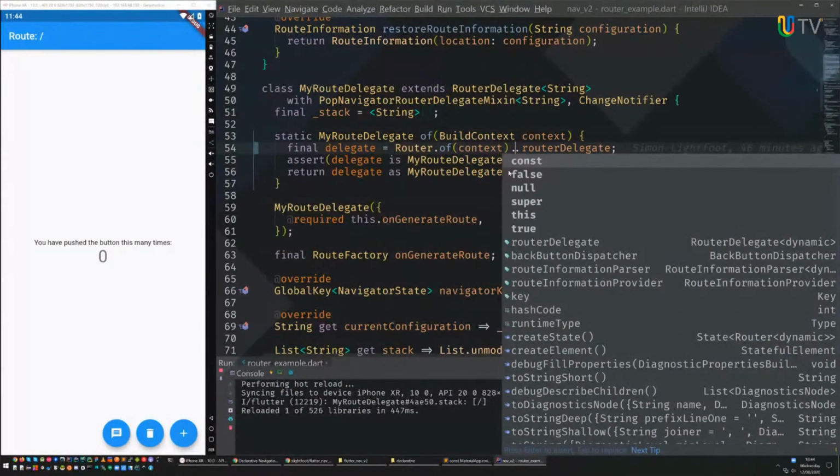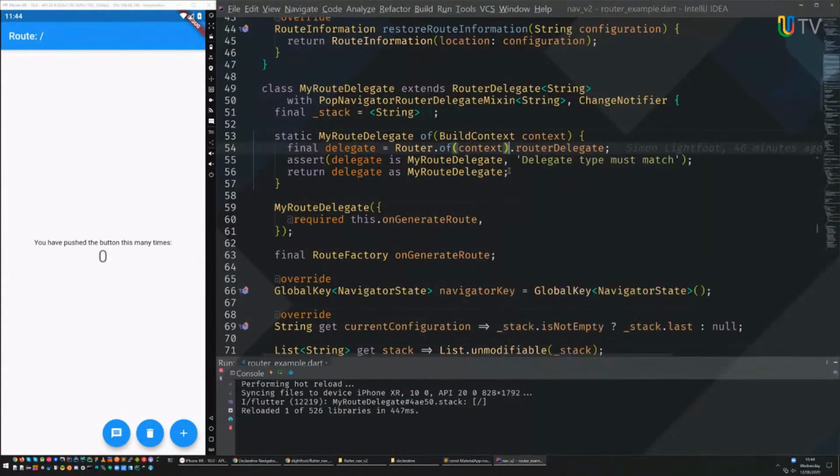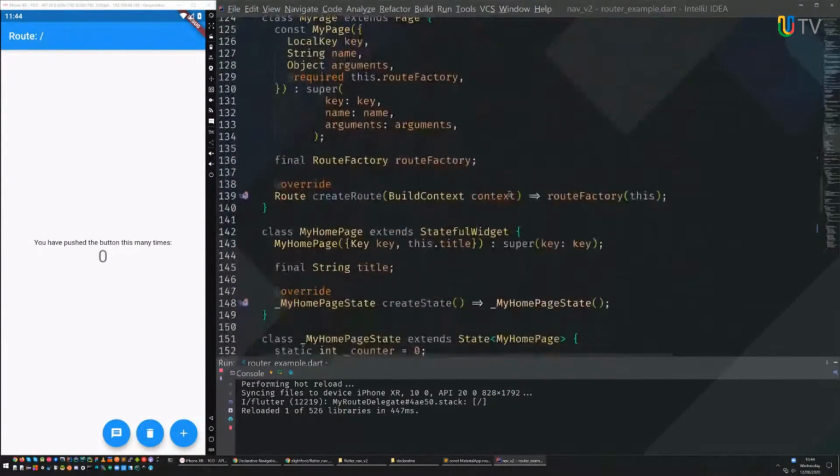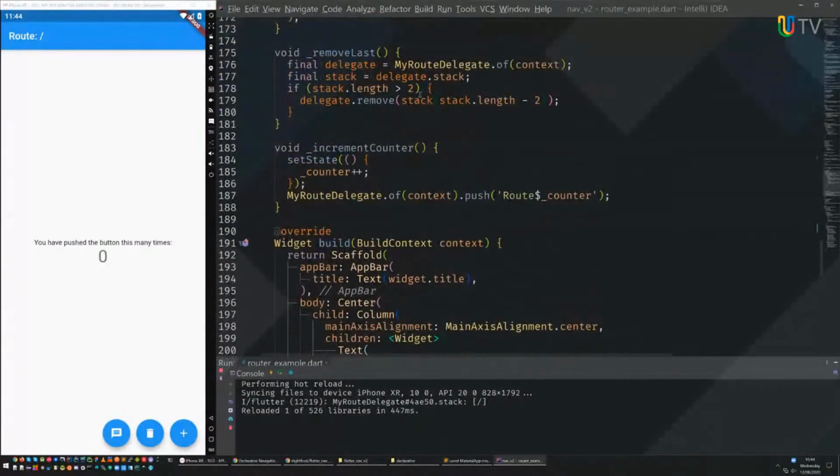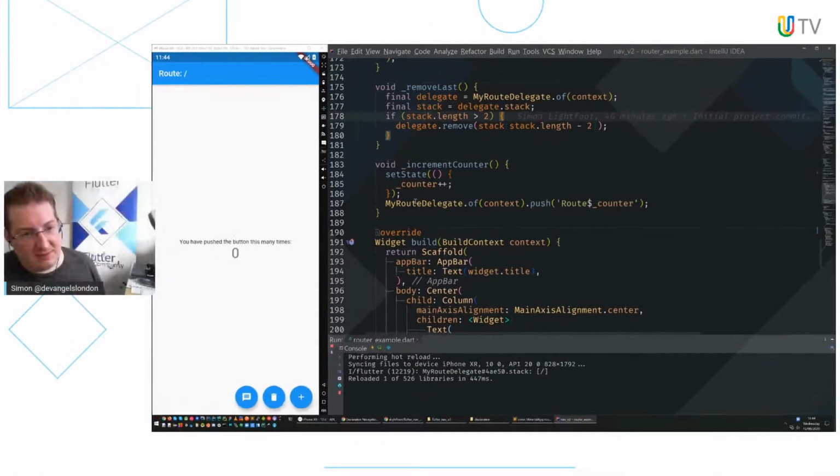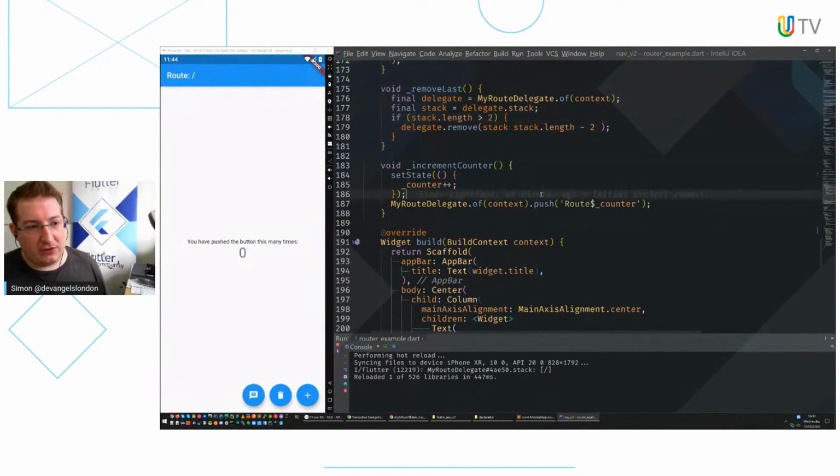Obviously, I can go ahead and use the parser to dispatch any of the parameters. In this case, I'm going to call the delegate. And where was I? Scroll back down. In this case, I get the stack and say, well, if the stack is greater than 2, then I'm going to remove the one behind the current one. So I'm going to remove the last, but I can't remember the name of that, but yeah, the one before the last one. And then again, increment sets that counter, great. And then each time we increment, we're going to push a new route name. In this case, instead of doing like /ABC, I'm literally just doing route and a counter.